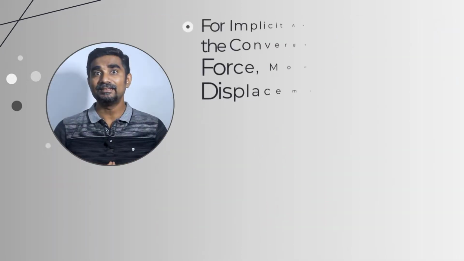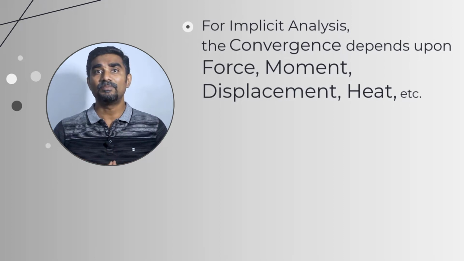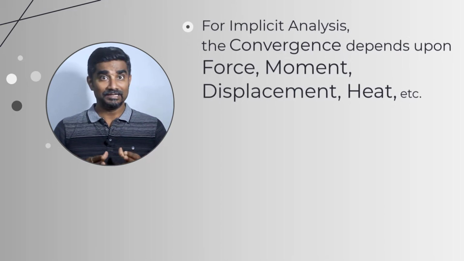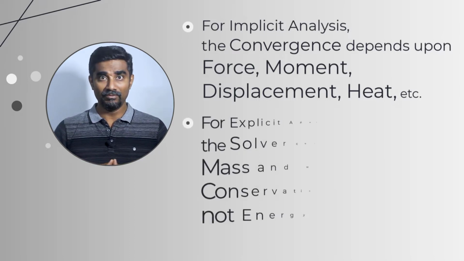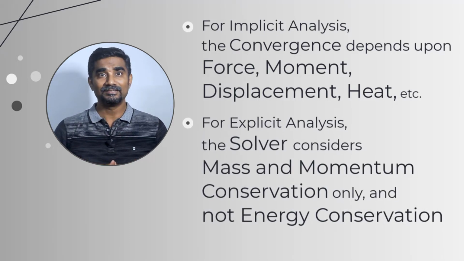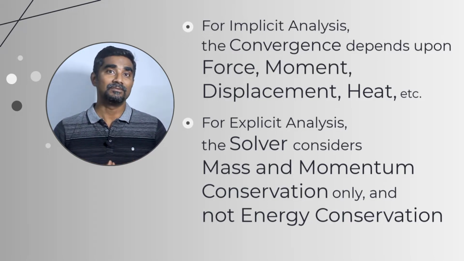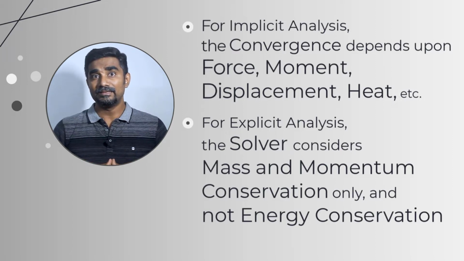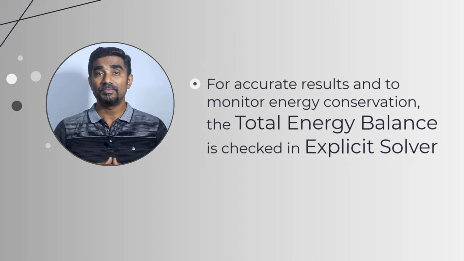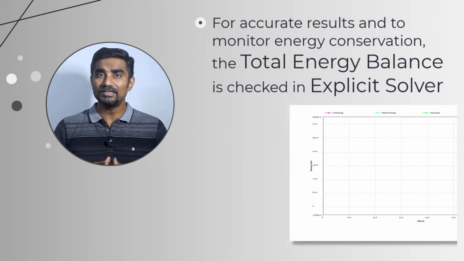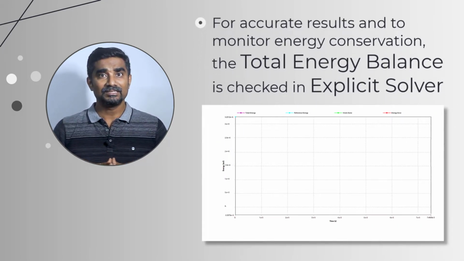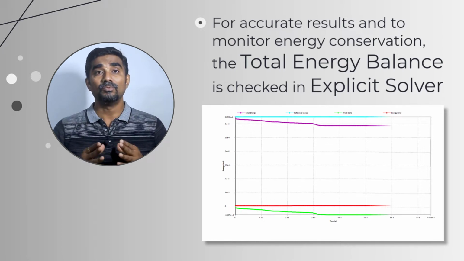In implicit analysis, the convergence is based upon force, moment, displacement, heat, etc. to ensure the equilibrium. However, the numerical formulations in the solver for explicit dynamics analysis only account for the mass and momentum conservation, but not for energy conservation. Thus, to make sure the simulations predict accurate results, the explicit solver always takes the total energy balance to monitor